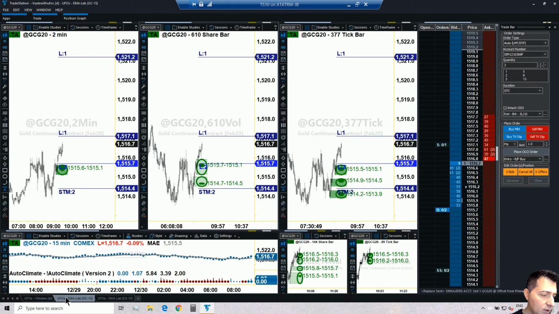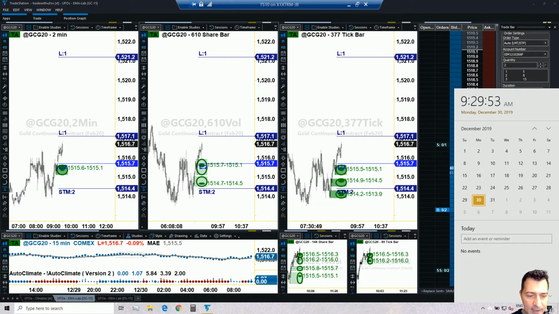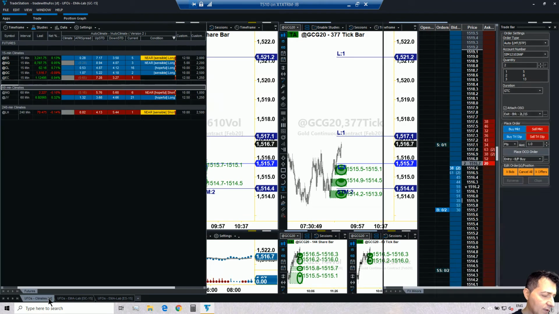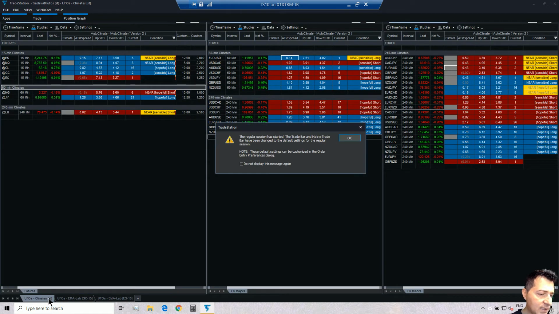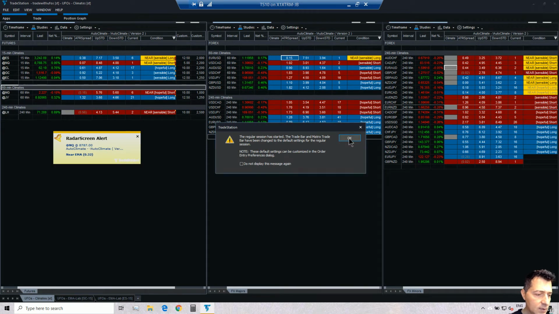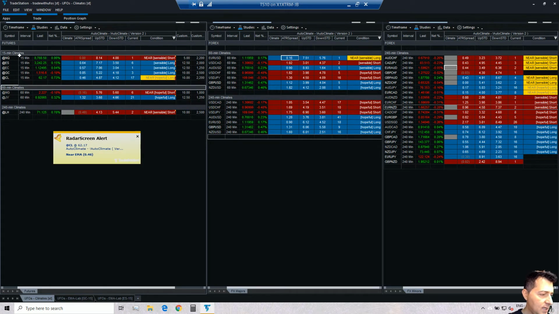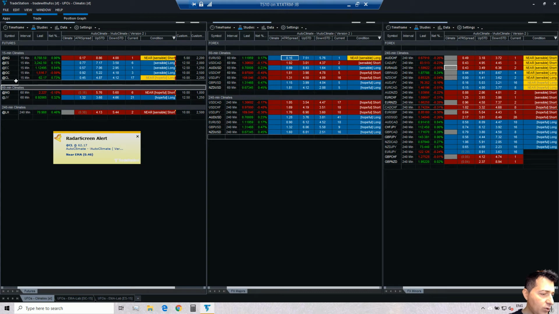Okay, so very good. Crude oil giving a little bit of a push. The US market is going to open in 8 seconds, 7 seconds. Okay, so we'll see what's going to happen. More opportunities. S&P still the same. The market just opened. S&P flashing, crude oil flashing, but we already talked about crude oil. Nasdaq flashing with a new defined climate to the downside.